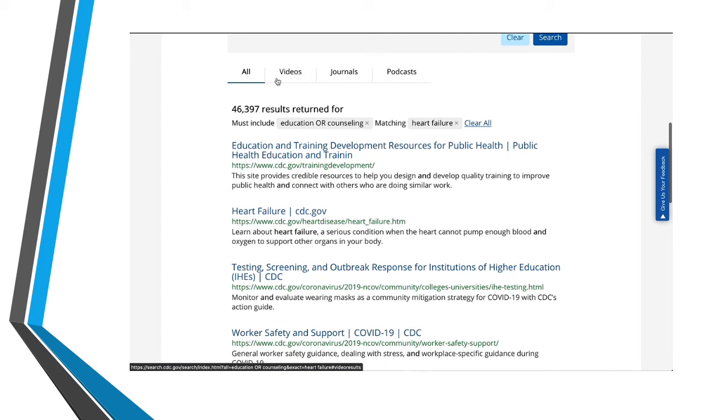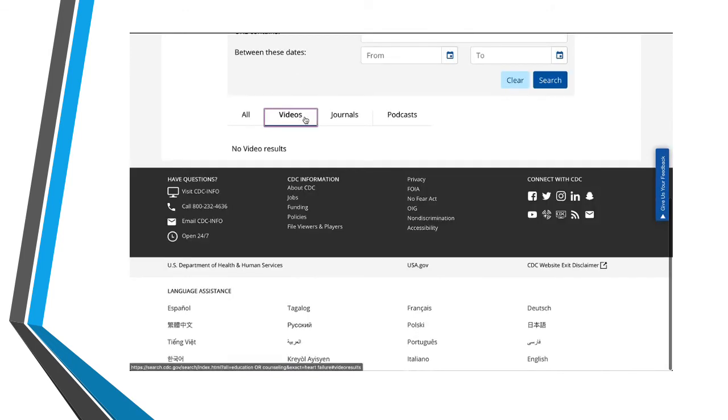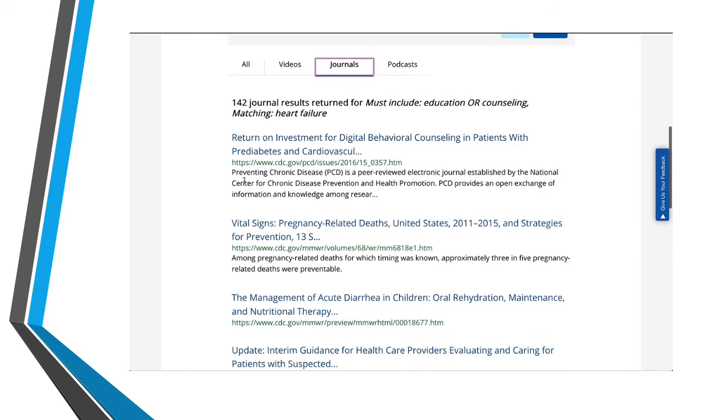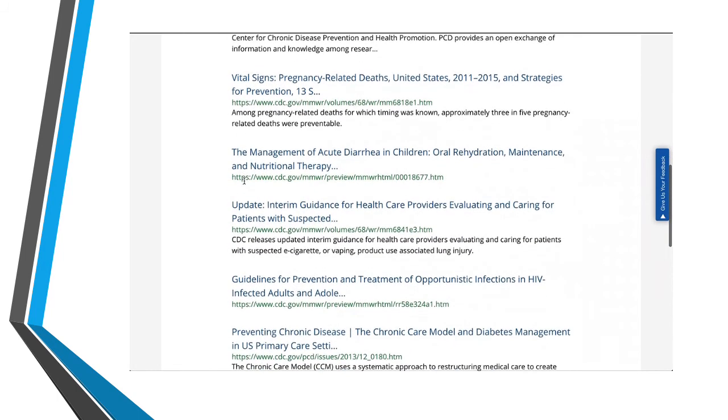So we have videos, no videos for this search, but we also have journals, and journals might be a really helpful source of evidence, and the CDC publishes a lot of material